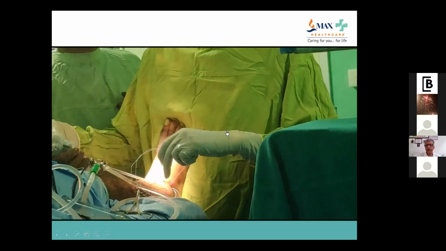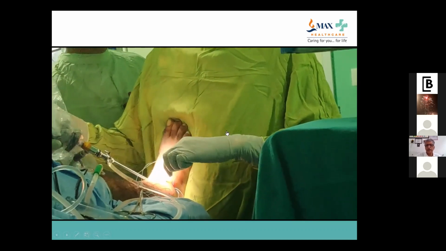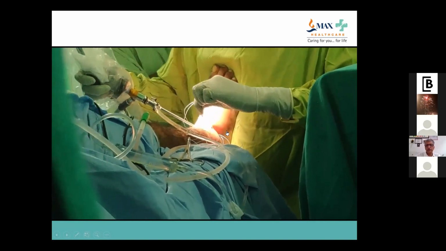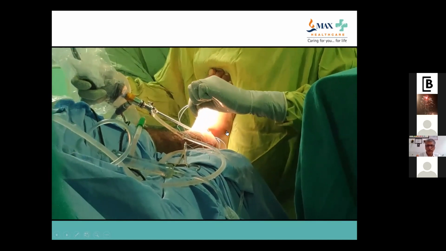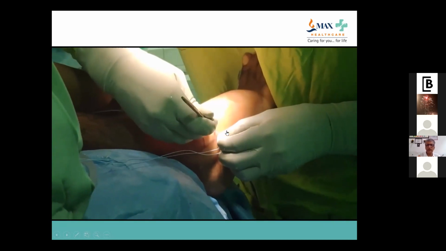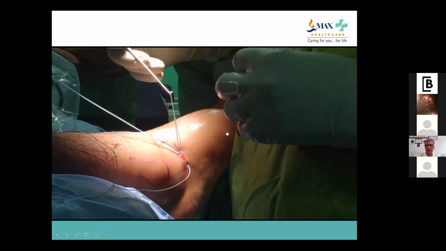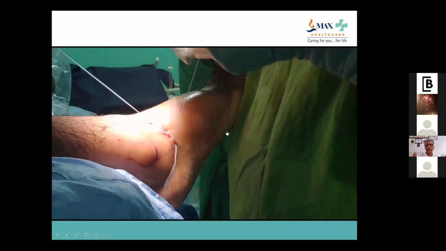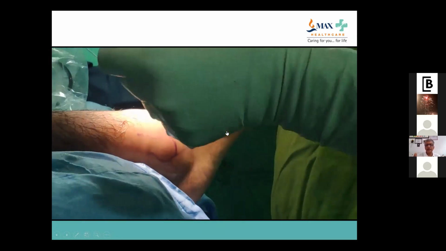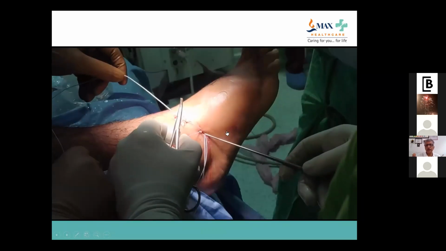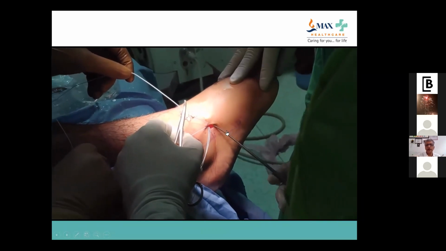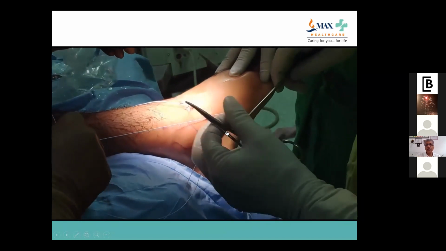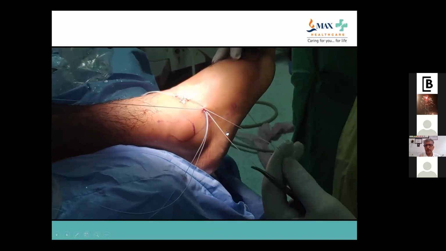So after all the sutures have been delivered, then we make a small incision, and through this one single central incision we pull all these sutures through with a hook. We deliver them like this, and all the 4 strands of fiber wire are delivered like this. And now we make a subcutaneous tunnel.